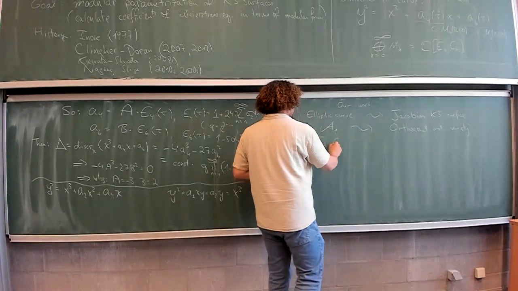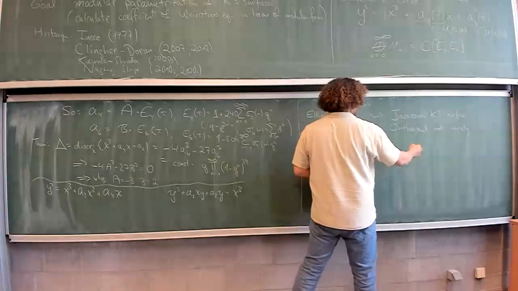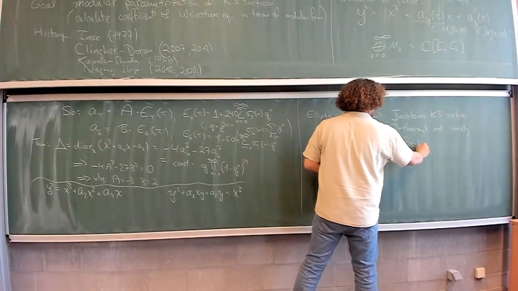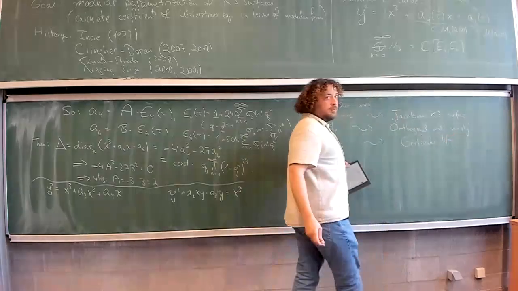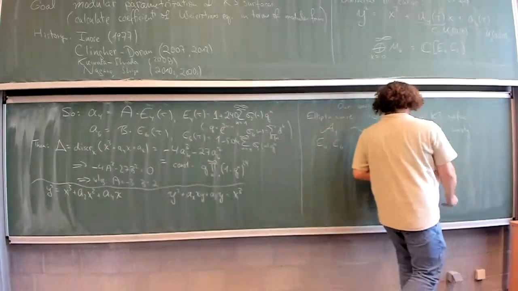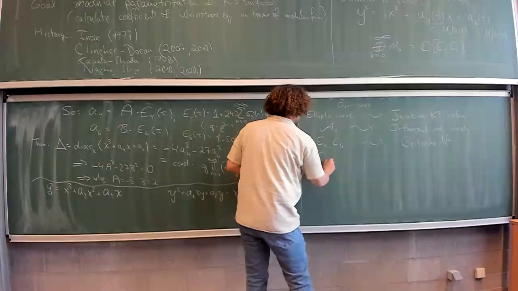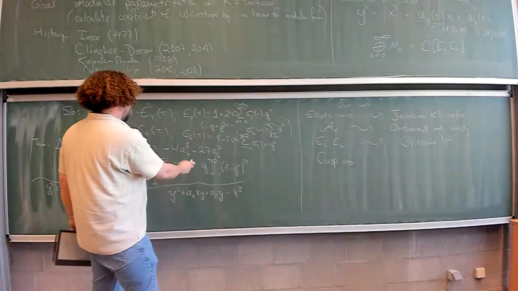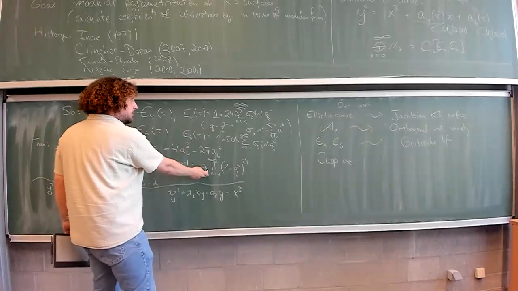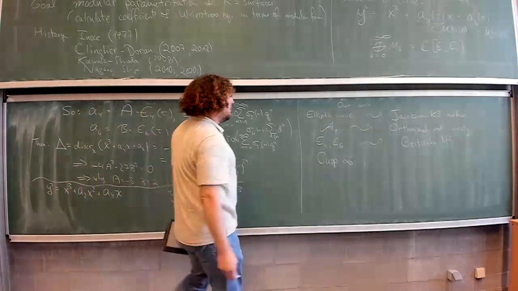The Eisenstein series, E4, E6, will be replaced by the so-called Gritsenko lift of Jacobi forms. The role of the cusp, infinity, where this function actually does vanish,